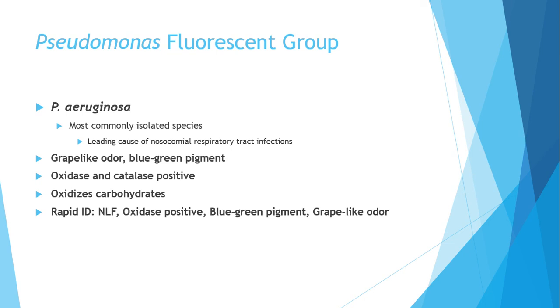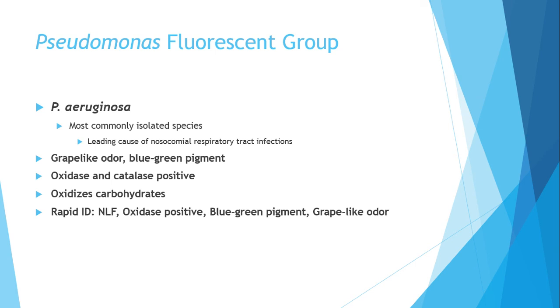I usually smell tortilla chips. I don't smell grapes, but when I'm working up a culture with Pseudomonas, I say grape-like odor, but I smell tortilla chips. And that way everybody knows what I'm talking about. Blue-green pigment or metallic green sheen,